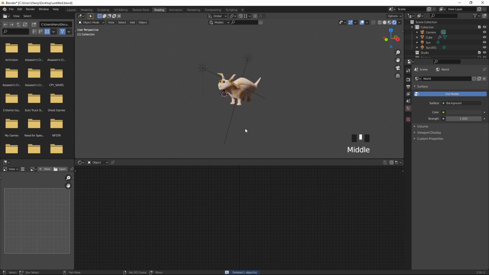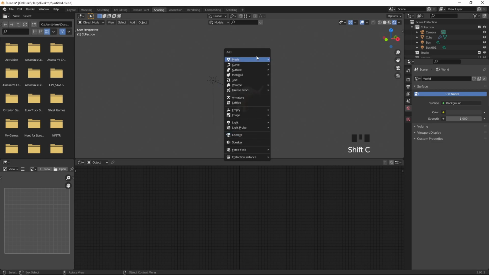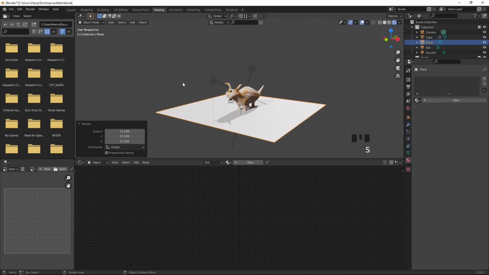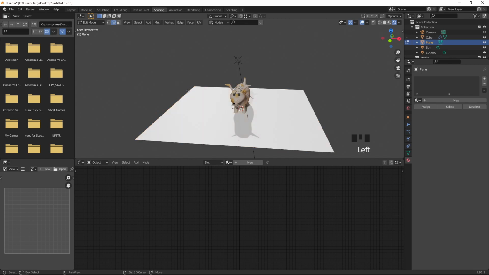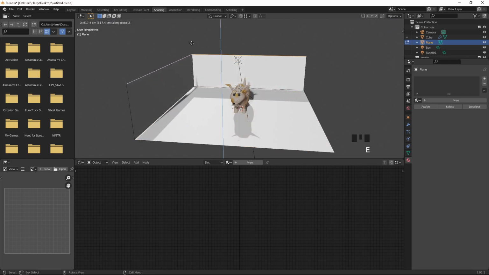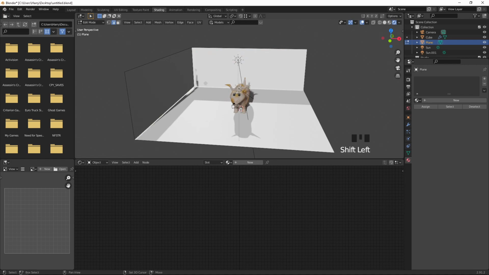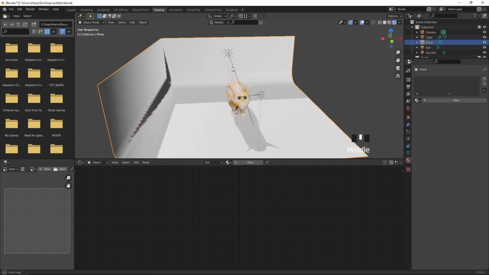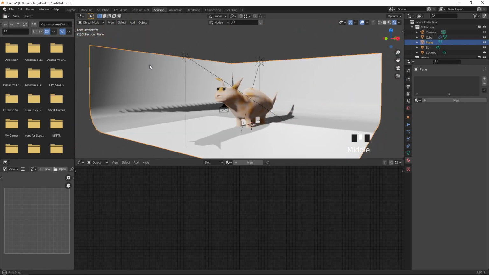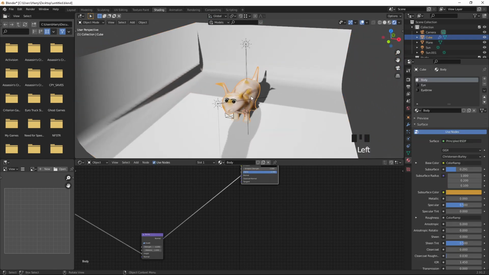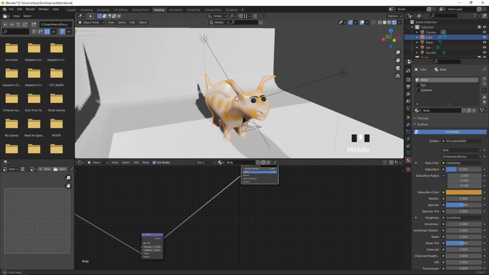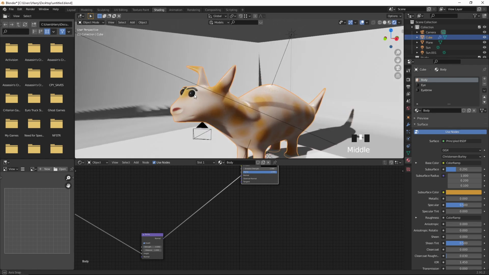Okay. And I press Shift S, Shift A, and create a fresh plane, and I scale it up. And go to object. I select these edges, E to extrude on the Z axis. Select these edges, Control B to bevel. Okay, shade smooth. These are the shadows which come from the character, right?